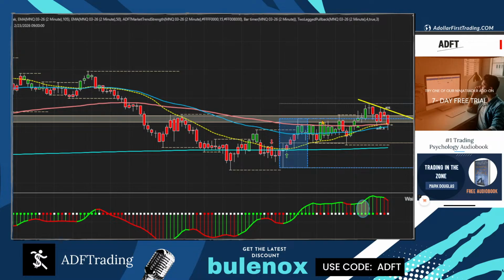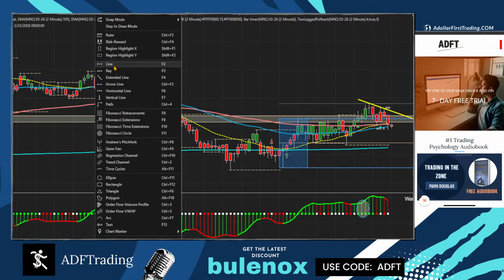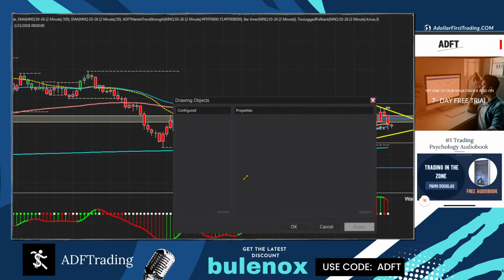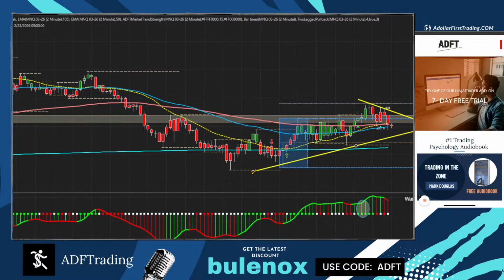Guys, we navigated a bunch of failed entries here. A failed upper range break. We had wick rejections, hairline breaks, bullish breaks that were bearish, that were red. And so I think we stayed out of trouble for a minute. Got a trend line here. And that's what we want to do, guys. Stay out of trouble.